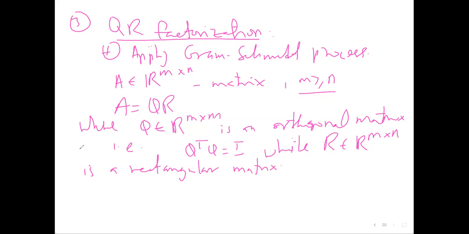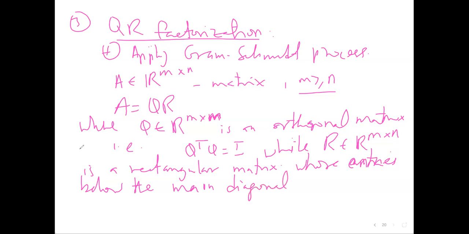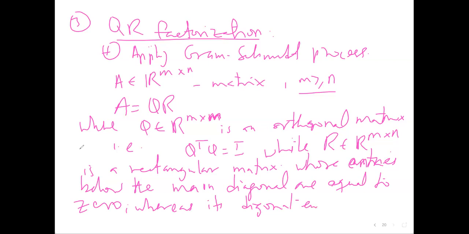So the Q is a square matrix and the R is a rectangular matrix whose entries below the main diagonal are equal to 0, whereas its diagonal entries